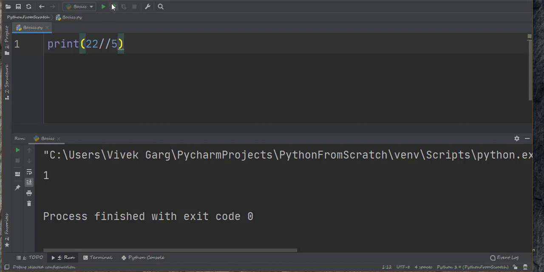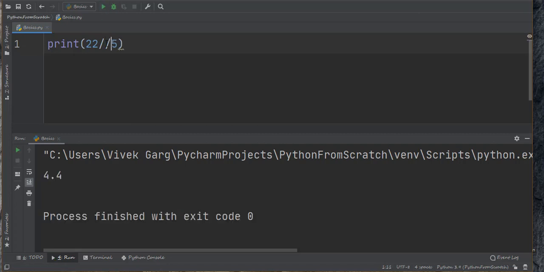So when I'm going to run this, you will see that the answer is 4. So what float division does is, when we divide 22 by 5, we get the answer to be 4.4. Right? We can see that here. When I simply divide 22 by 5, I get 4.4.